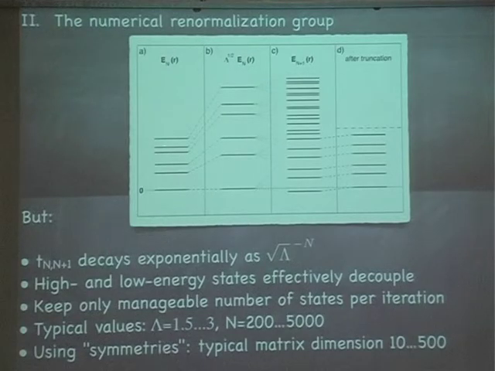So typically what you do is you start out with a certain number of states at iteration n, then you scale this up. Then at the next iteration you will get multiplied times 4 states, so 16 states here. But what you realize is that those states predominantly only modify those guys, and they never reach the physics of the four lowest energy states. So what you do is you just keep the four lowest energy states, and then in order to avoid growing ground state energy, you shift the ground state energy to 0, and end up with a set of 5 states again, which capture the essential low energy physics.